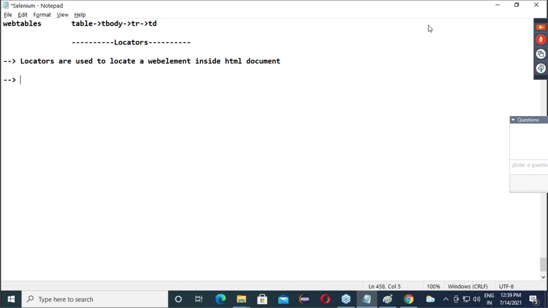Now, next point, guys. We are saying locators are used to locate the web element inside the HTML document. So exactly what it is doing, can we say locators identify the address of an element inside that document? Inside that document, there will be many elements. Out of that, whichever exact element we want, that address it will return.